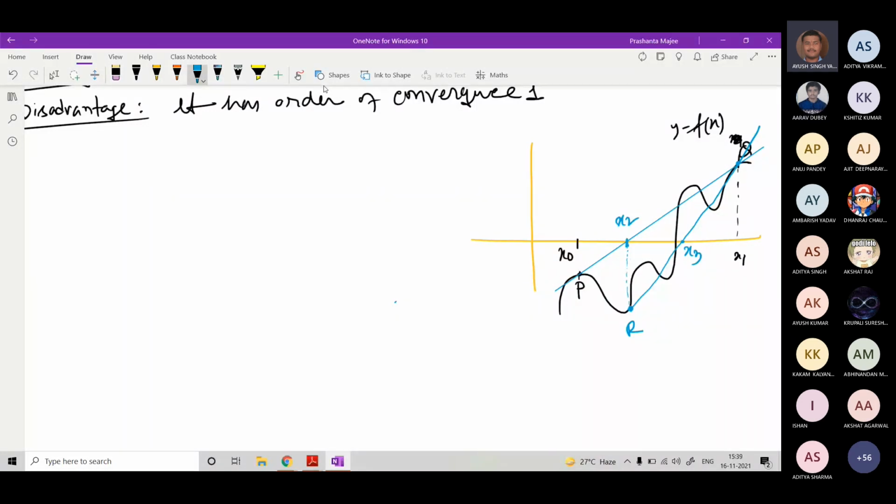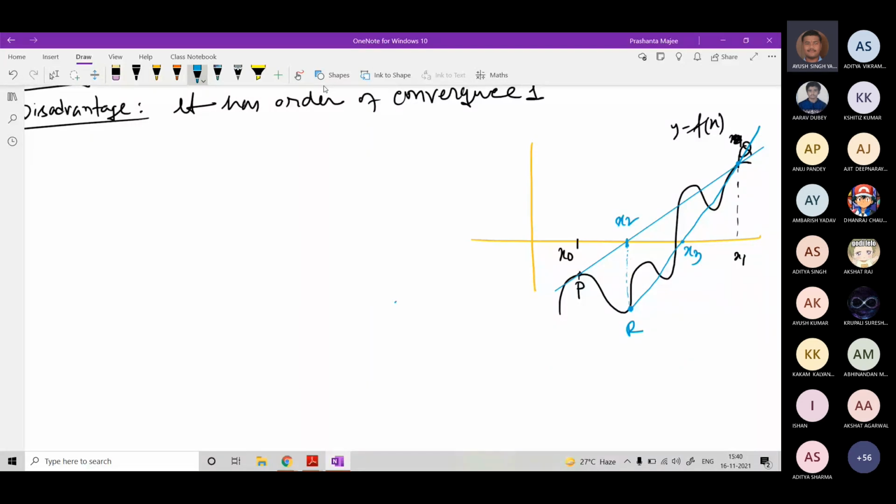X2 and X3. So you have to check in every iteration, yes or no? Yes, sir, we should check. In this situation you will have to check, otherwise it will not work out. Okay, now the root is not lying between x3 and x1. Now the root is lying between x2 and x3. Is it okay?